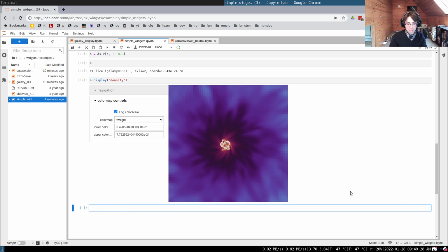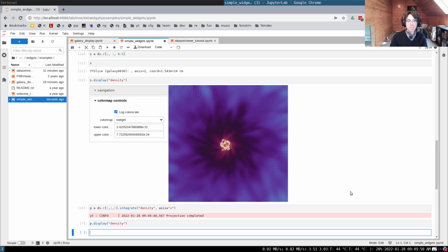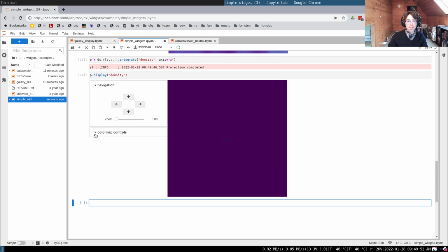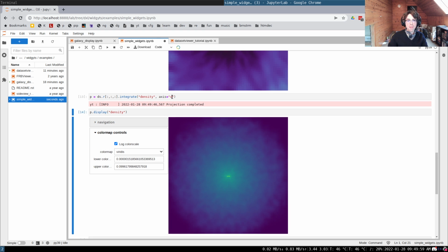And this works with not just slices, but also projections. So if I make a projection, so ds.r, and here I'll just grab all the data, and I'm going to integrate it. I'll integrate the density along the x-axis this time. And I'm going to say p.display density. Now, this is a projection along the x-axis of the density. Doesn't look like too much, so let's go back up here, and instead of projecting along the x-axis, let's project along the